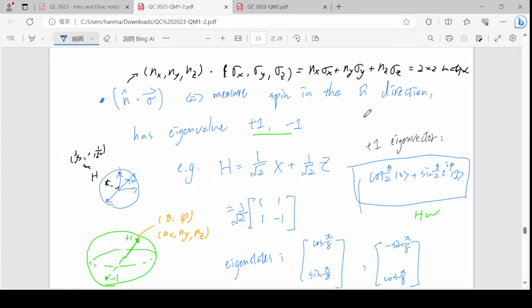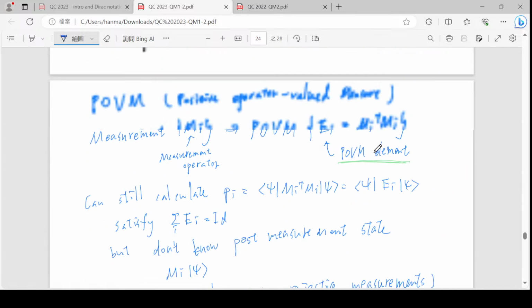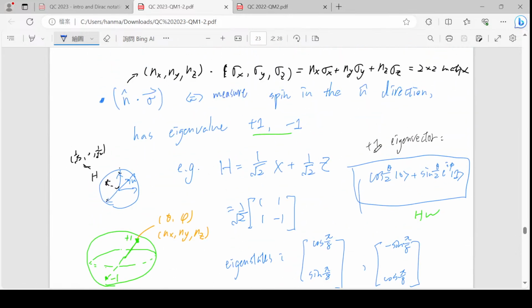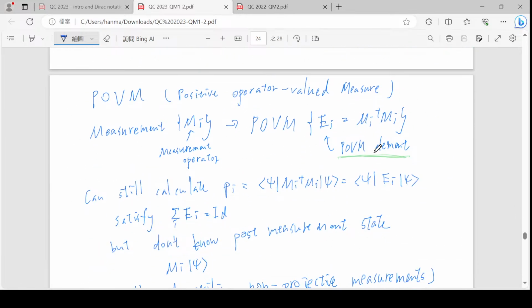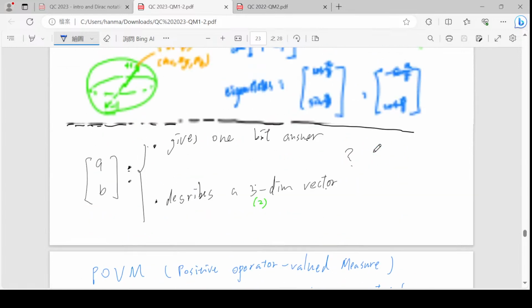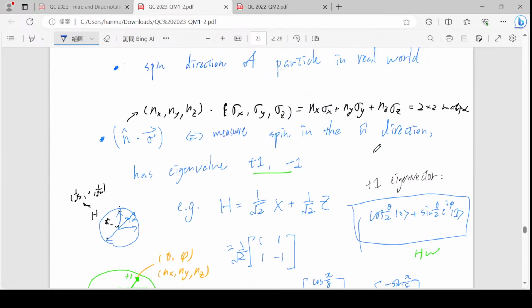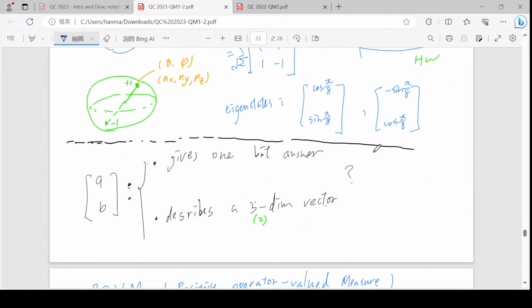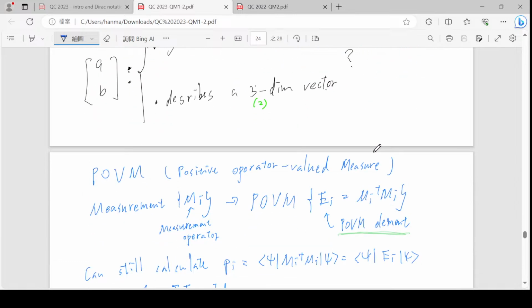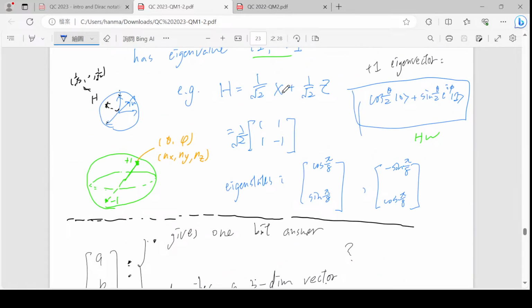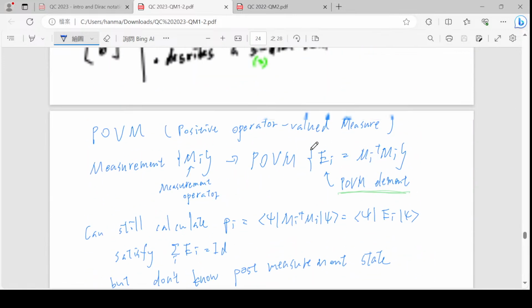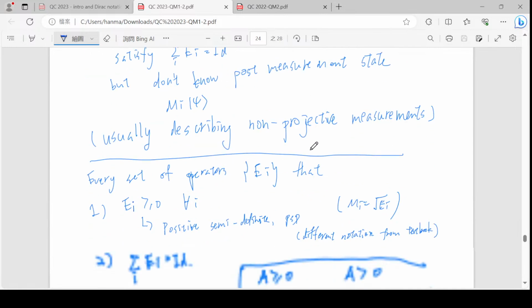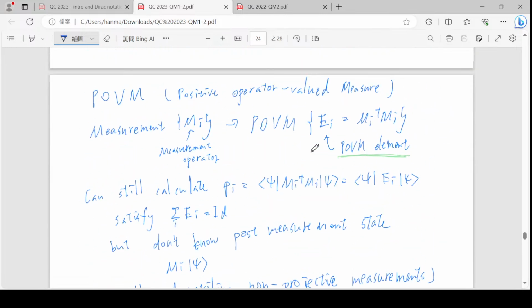Okay, so that's the Bloch sphere, and then we go to POVM. I should have already uploaded this, so that's fine. Later there will be a little more about the Bloch sphere when we talk about density matrices. But for now, we go back to measurement, and we talk about this POVM measurement, which is basically